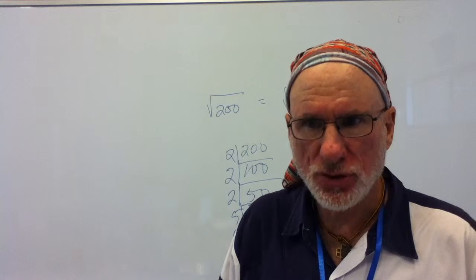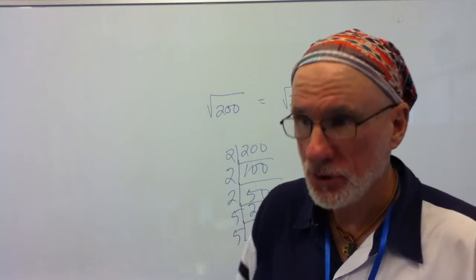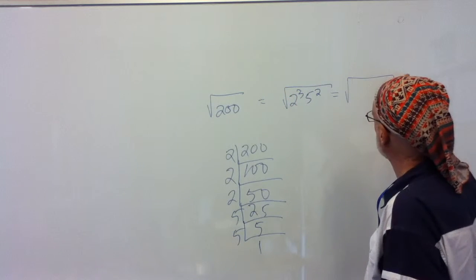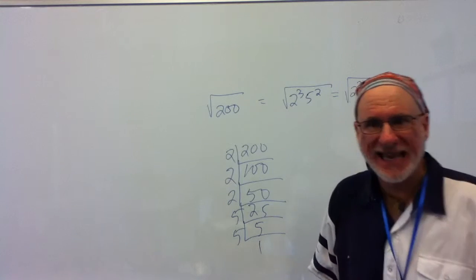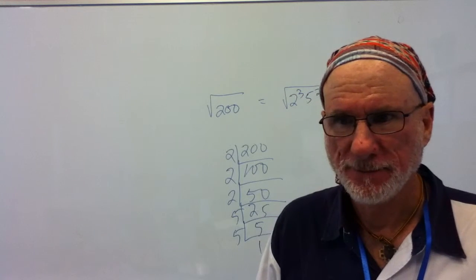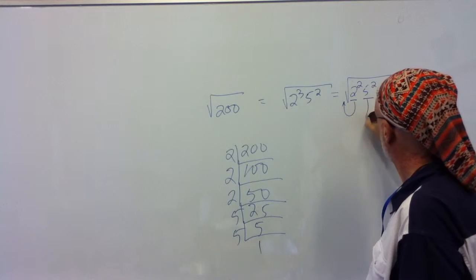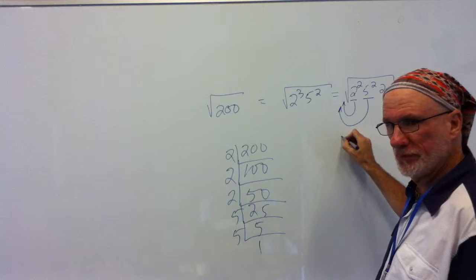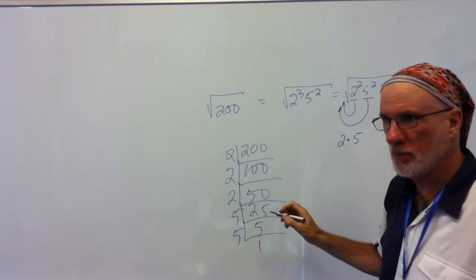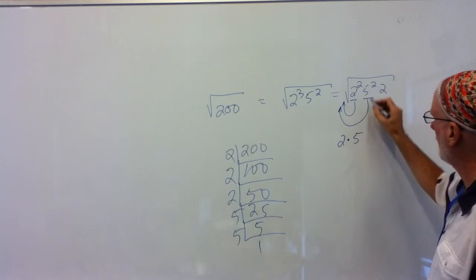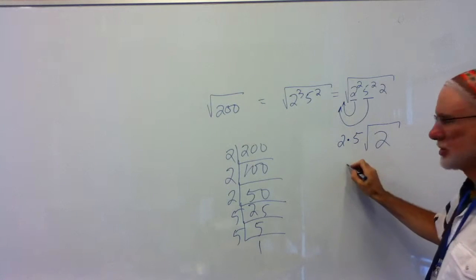So how can I rewrite that? 2 squared, 5 squared times what? 2. I could write it like this. 2 squared, 5 squared, and then 2, right? So what's the answer? What do I get? Don't go crazy. Yes, we'll make it so, but let's take one step at a time. I want to take a 2 and a 5 out, and I leave what's inside. So this is going to be,